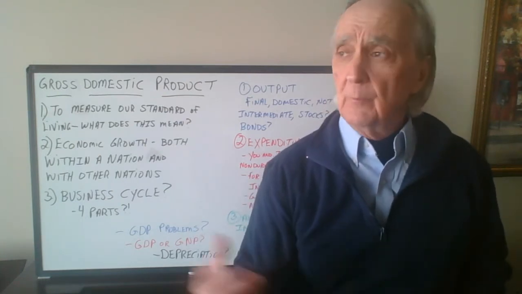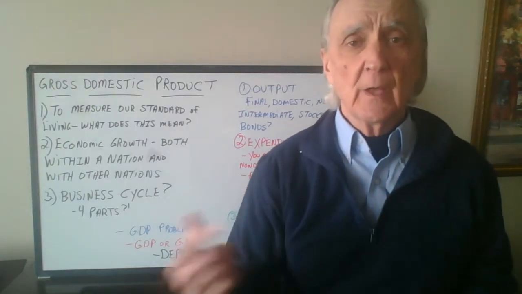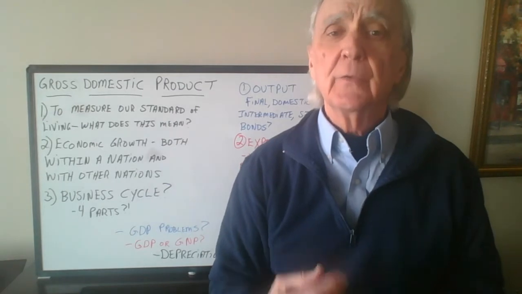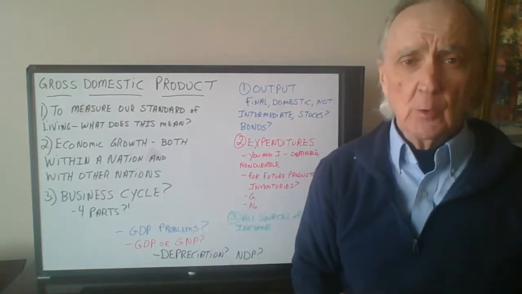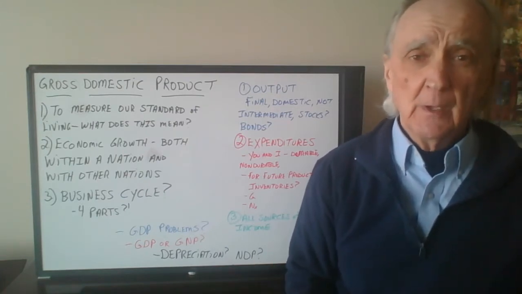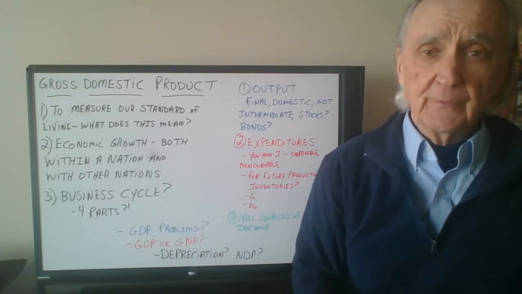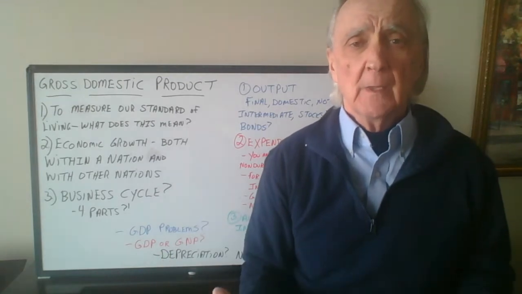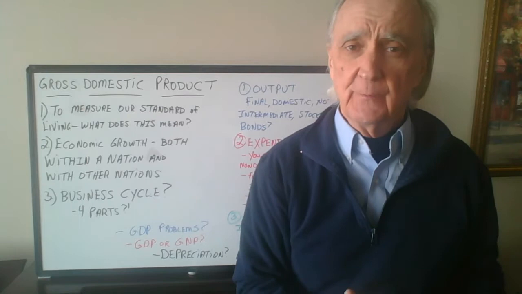Now, when we want to compare our country to another country, we have to also take into consideration the population. So, for instance, as we said, China has 1.3, 1.4 billion people, and they have a pretty strong gross domestic product. But if we were comparing it to Norway, it would be unfair just to take, even if we took the inflation factor out,